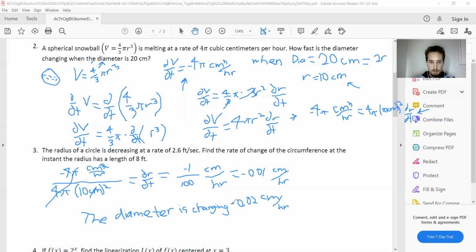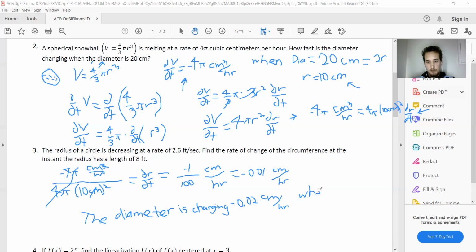So if you do put a negative number here, make sure to write changing or something like that. Or you can just put decreasing or increasing. That way you don't have to worry about the sign, right? Because increasing implies a positive change, decreasing implies a negative change, right? The diameter's changing negative 0.02 centimeters per hour